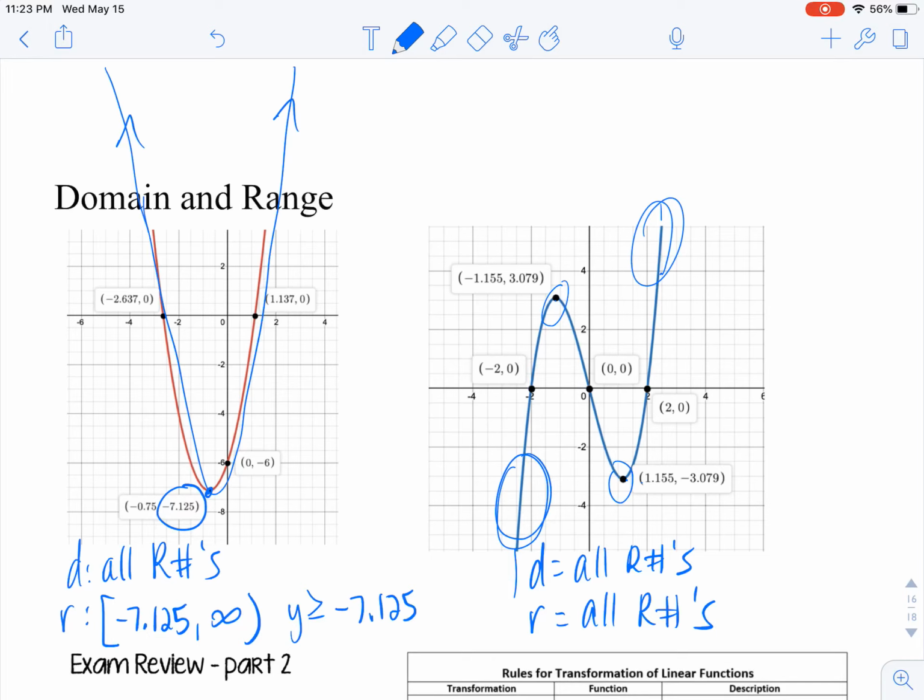Remember, when talking domain and range, if you're not sure, all real numbers is a pretty safe bet. Okay, the only time you're going to have some restrictions is when you have a parabola. All right, that's the end of this page. Go on to the next one for